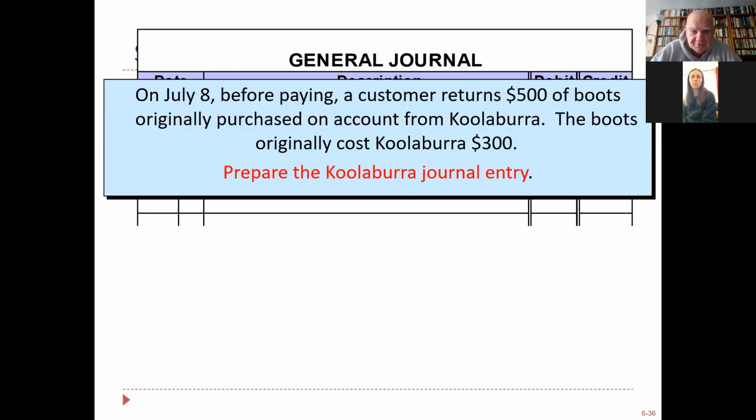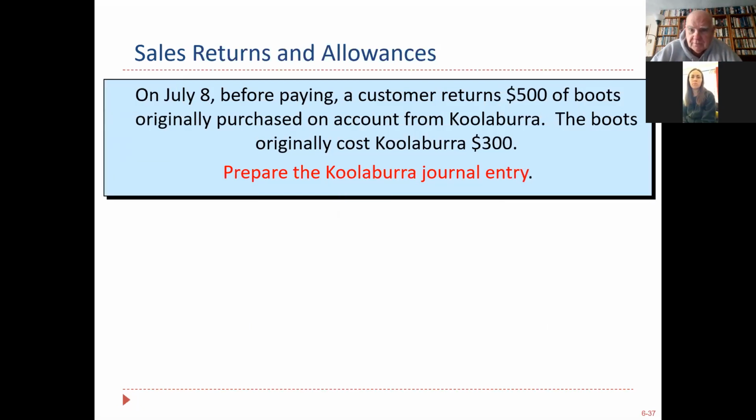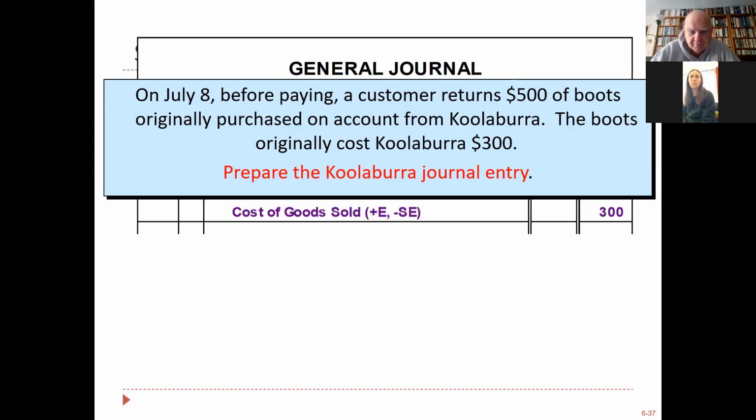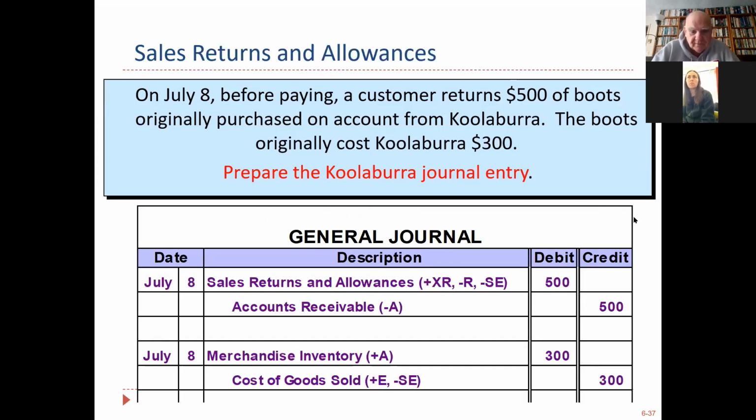Sales returns and allowances, same thing. $500 boots, and they're given a sales return or allowance here. Here it is. Sales returns and allowances. You never debit sales. Never. But you reduce sales via the contra account, and we're going to credit accounts receivable because this person returned a